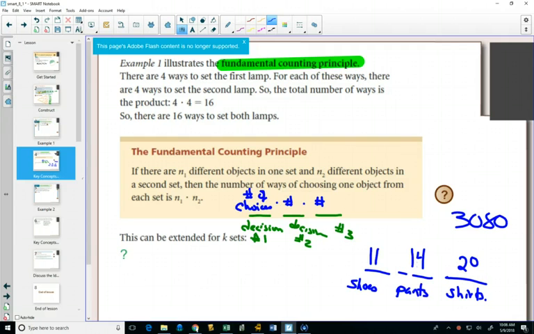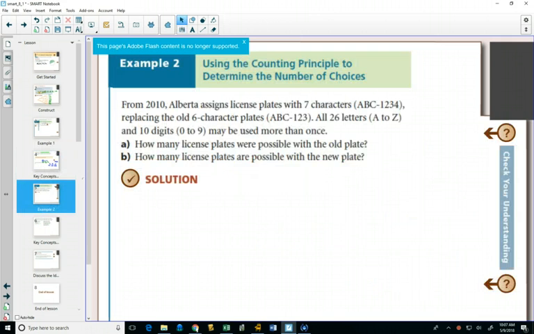Some of these outfits we never wear because they just don't go together. But if we wanted to count all the possible ones, did anybody check that multiplication? Yeah, it's right. If we wanted to list them all, we have 3 decisions to make, and then we put our number of choices. And that number of choices could be different depending on how many choices you have for each thing. So when we get to example 2 here,